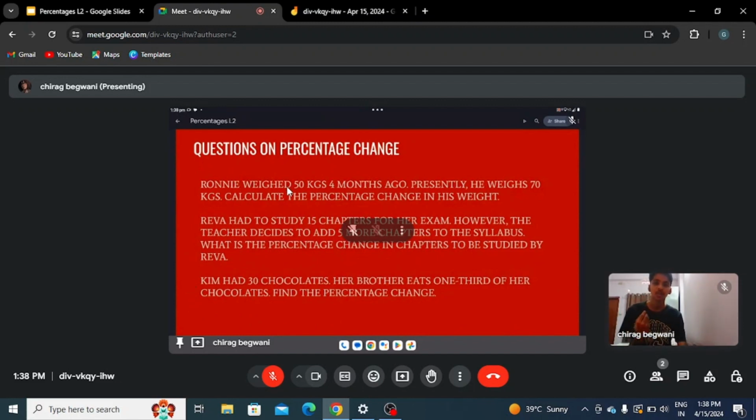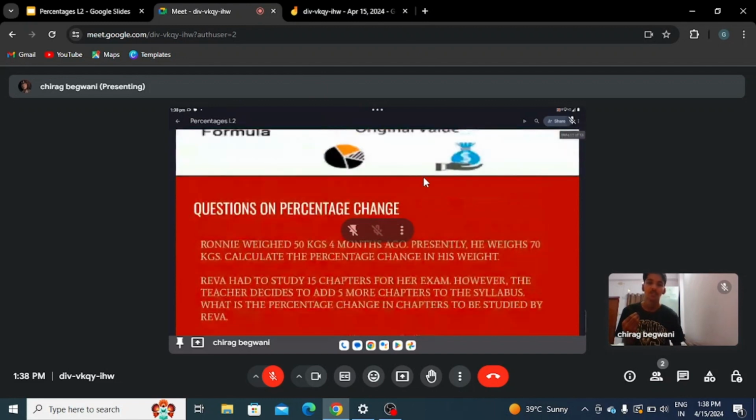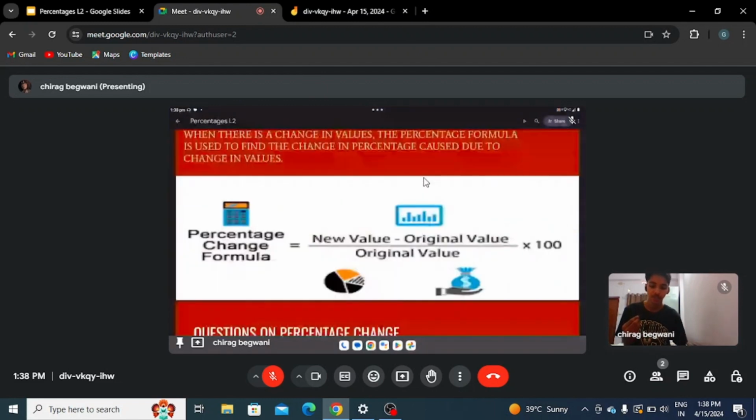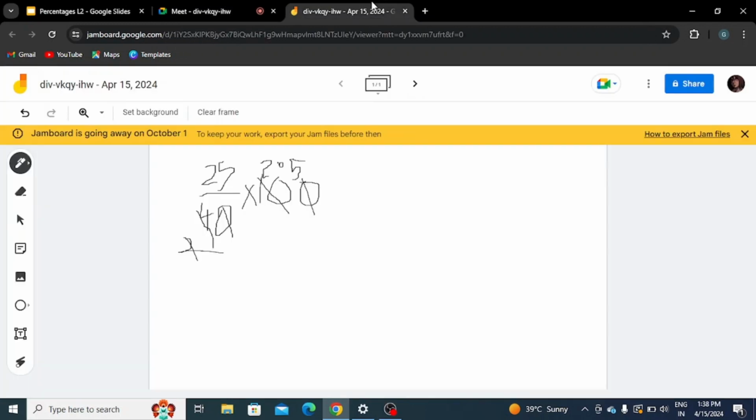Right. So first one, Ronnie weighed 50 kgs 4 months ago. Presently, he weighs 70 kgs. Calculate the percentage change in his weight. So this guy was 50 kgs in weight. Now he weighs 70 kgs. What is the change in percentage? So first, new value 70 kgs minus original value, which is 50, and then by original value. If you know this formula, it becomes very easy. Right. So it will be